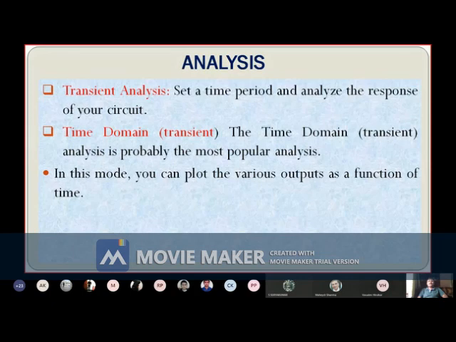Using these analyses, you can plot various outputs as a function of time, like plotting gain versus frequency. Using transient or time domain analysis, you can perform that part.